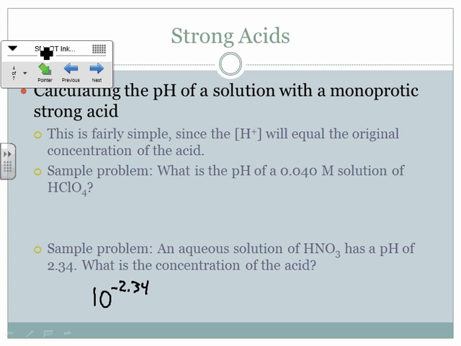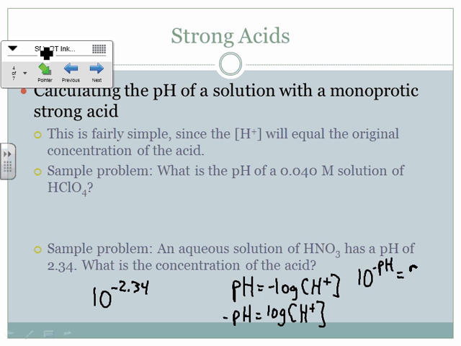And just in case we need a little refresher on why that's the case, if pH is the negative log of the H+ concentration, then if I have the pH, the way that I'm going to solve for H+, I'm going to take the negative over to the other side. So negative pH equals just the log of the H+ concentration, right? I don't have enough room here. So then 10 to the negative pH is going to equal the H+ concentration, okay? When you 10 both sides, you get rid of the log. So 10 to the negative 2.34